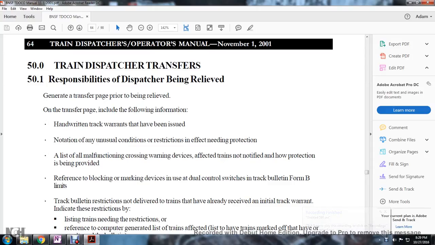The dispatcher being relieved transfers responsibility. Generally, the transfer page is completed prior to being relieved. On the transfer page, include the following information: handwritten track warrants that have been issued, notation about any